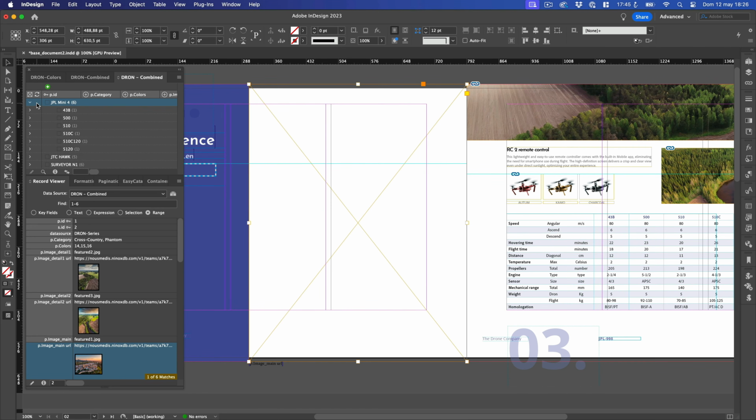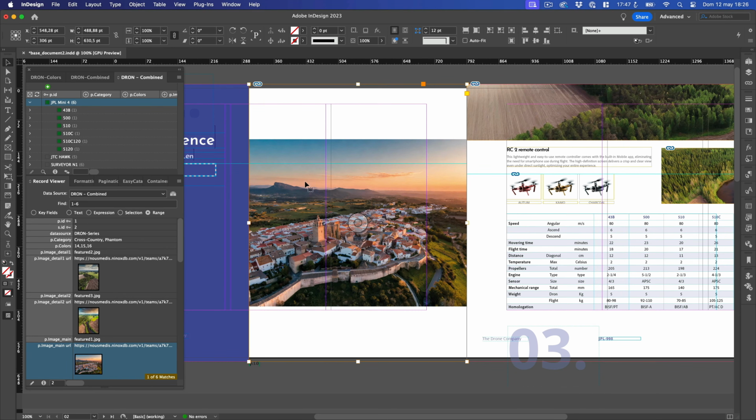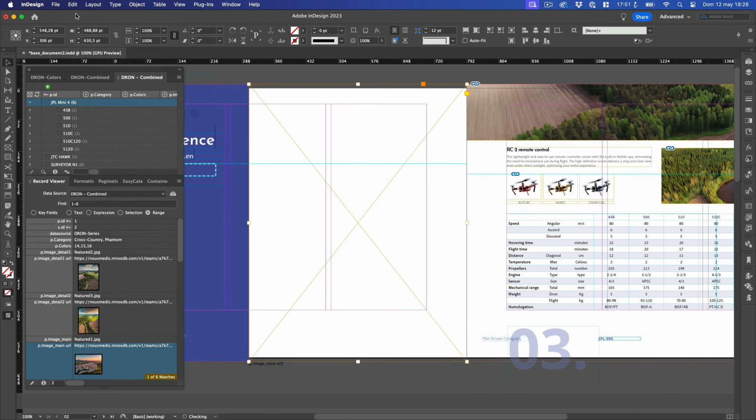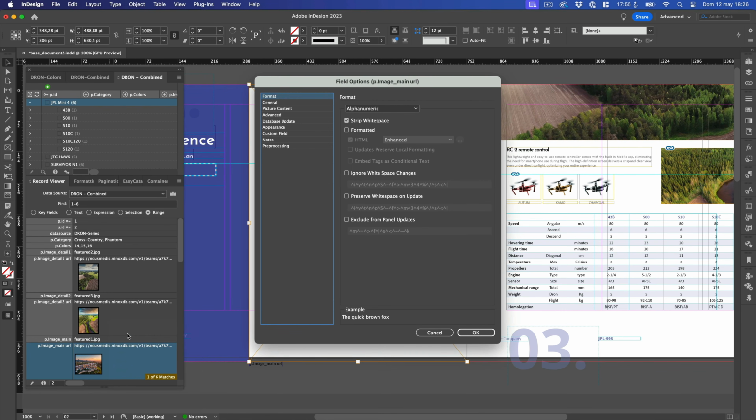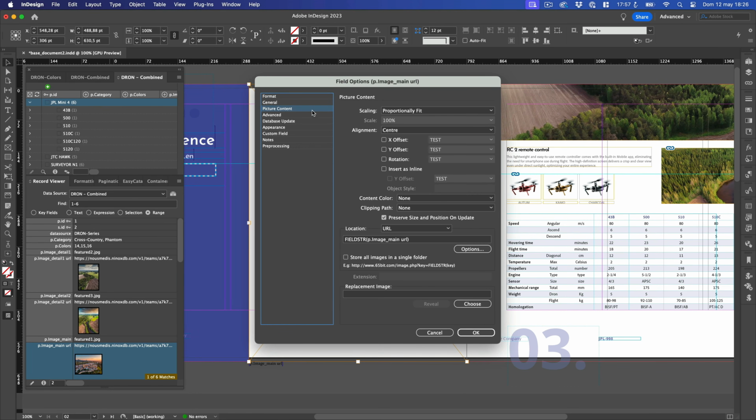If I now drag a record, see how the image occupies most of the frame, but it doesn't fill the whole space. This is because the default behavior in an image frame is to proportionally fit the frame. However, we'd prefer to use another option, fill proportionally. To do this, just edit the image content options in the Field Options panel and select Fill Proportionally in the